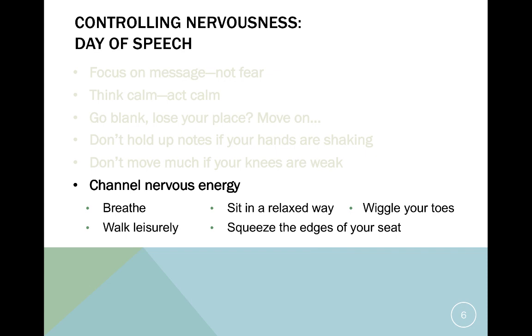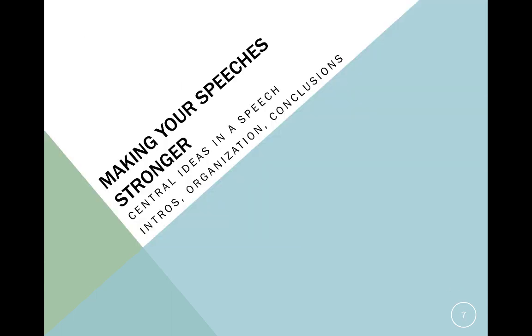Another thing that works really well for helping to control nervousness is to squeeze the edges of your seat or the desk in front of you really tightly with your hands and then release slowly. I know, again, this probably sounds silly, but it is super helpful for getting rid of anxious energy in your body. It's very similar to a progressive muscle relaxation technique where you squeeze your muscles really tight and then you let them go. The same thing works really well when you squeeze the edges of your seat.